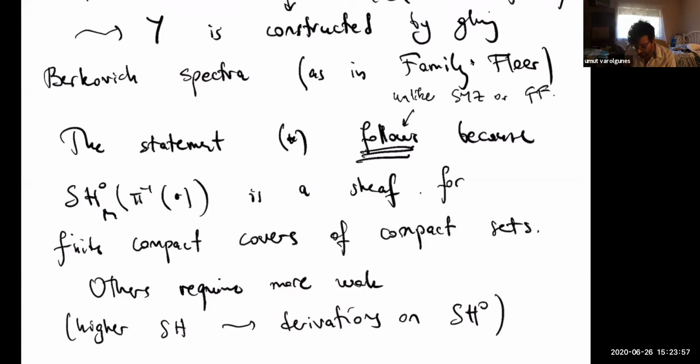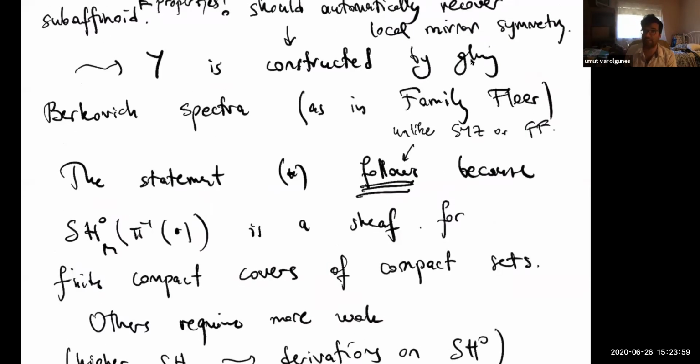As far as I understand, this is not the case for SYZ or family Floer. For both of them, you have to analyze open string invariants and construct enough objects on both sides and show that the open mirror symmetry implies something about closed mirror symmetry, etc. Here you get something directly about closed mirror symmetry just by construction.